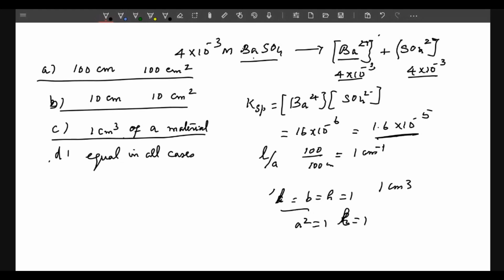Take down the next type of problems, a homework, and I think you will do it at home easily. When a conductance cell is filled with 0.01 molar potassium chloride, it has a resistance of 160 ohm. They are not giving the conductance, they are giving the resistance. Therefore, you have to calculate the conductance from this. When the same cell is filled with